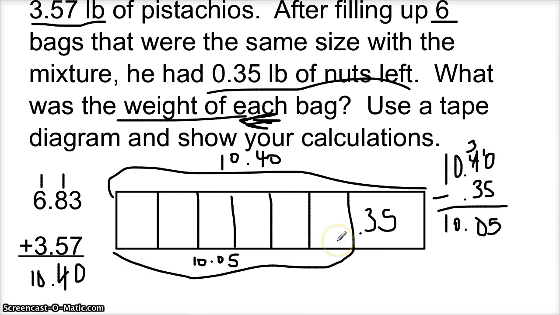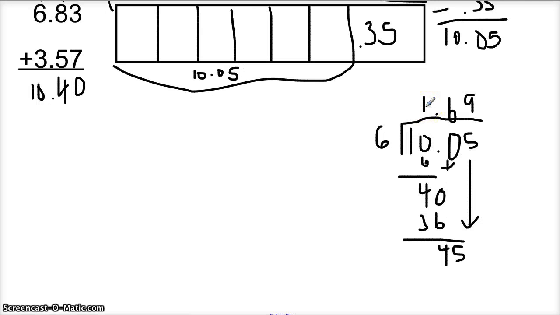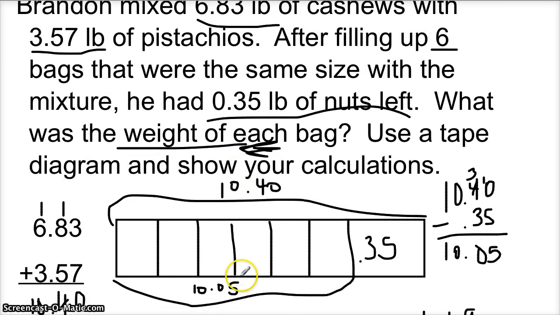Now you need to pause the video again and figure out how much is each one of these worth. What operation are you going to use? Okay, hopefully you did division. I'm dividing it by the 6 bags so I can figure out how much is in one. And when I use the standard algorithm, I got 1.69 pounds. So each one is